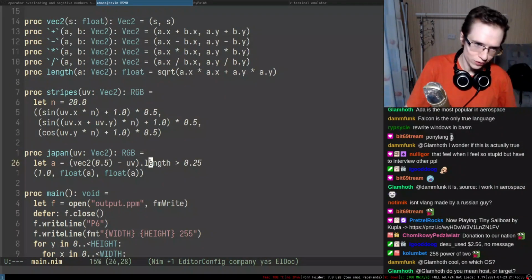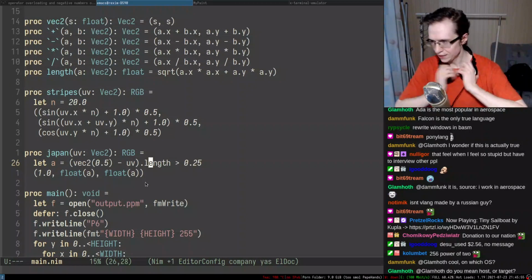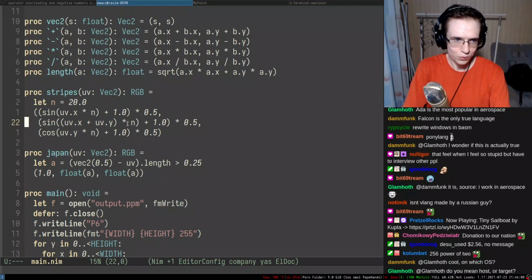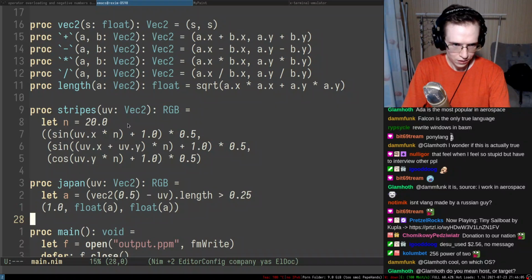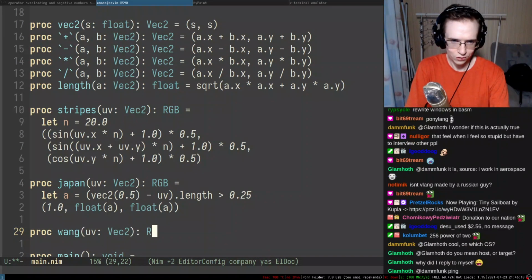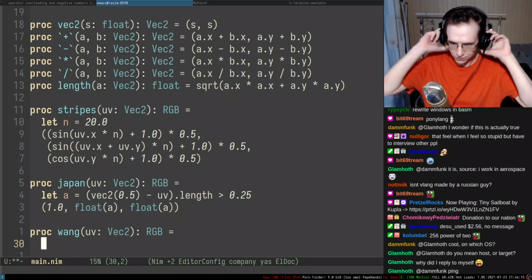The thing we want to generate in here is not really a Japan flag, even though we could generate a Japan flag. We want to generate gradients and stuff. So maybe I'm gonna have a thing called Wang, and we're gonna accept UV coordinates and return RGB.